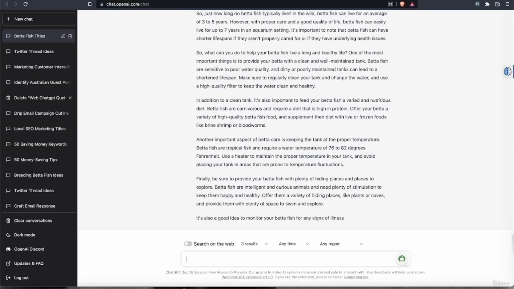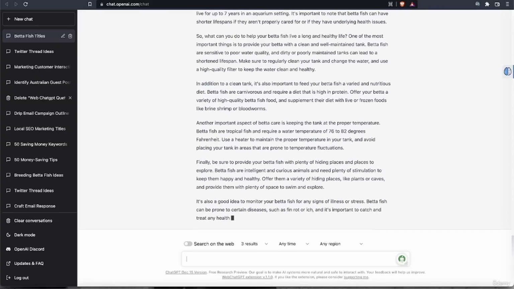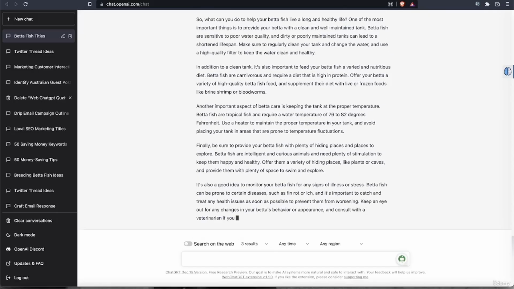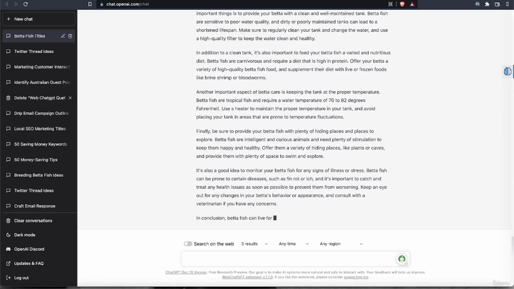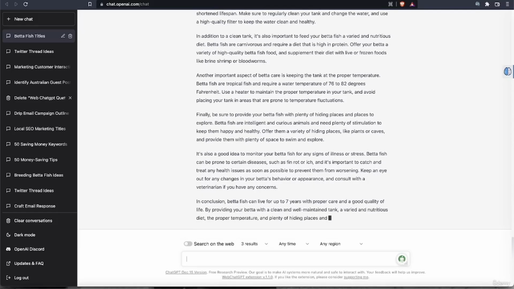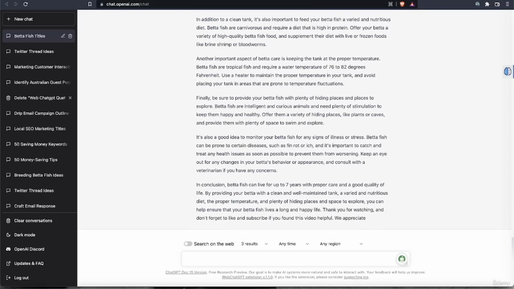Oh, there's one thing there I just noticed. Betta fish are tropical fish that require water temperature of 76 to 82 degrees Fahrenheit. That's fine, but I work in degrees centigrade. So I need to find out what that is. And I can also add that to this description. So in a second, I will ask